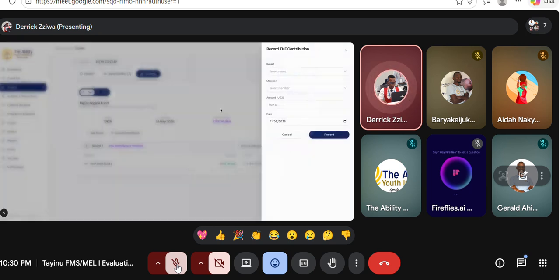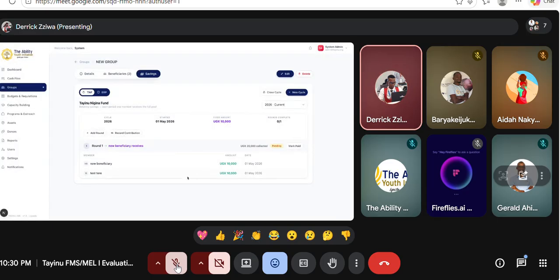If another member brings in their contribution, you come and select them as well. That test member also brought their 10K and record that. So whoever brings in the money, they're added here that they have contributed their amount for that specific round. Then once the round has ended and the money has been given out to that particular member who was supposed to receive, you can click here and mark